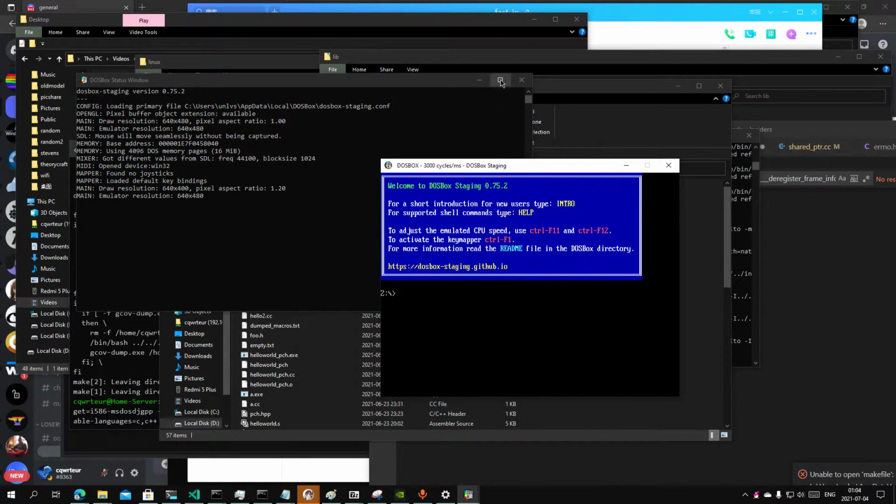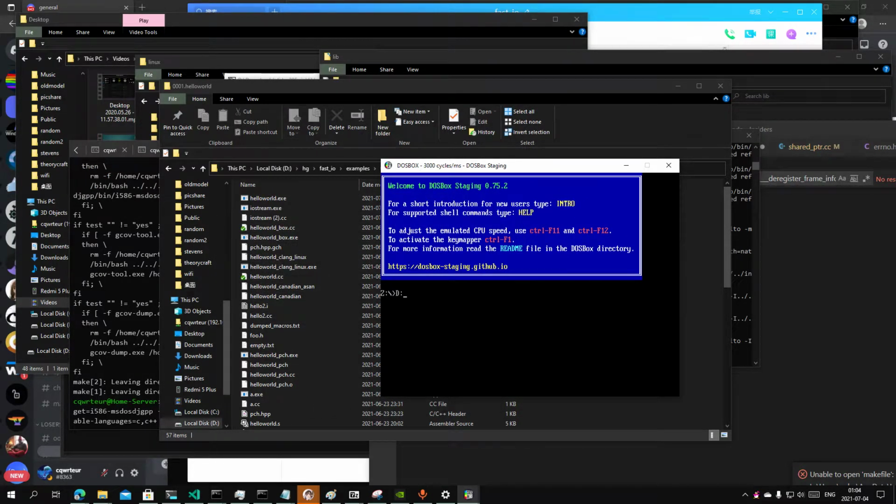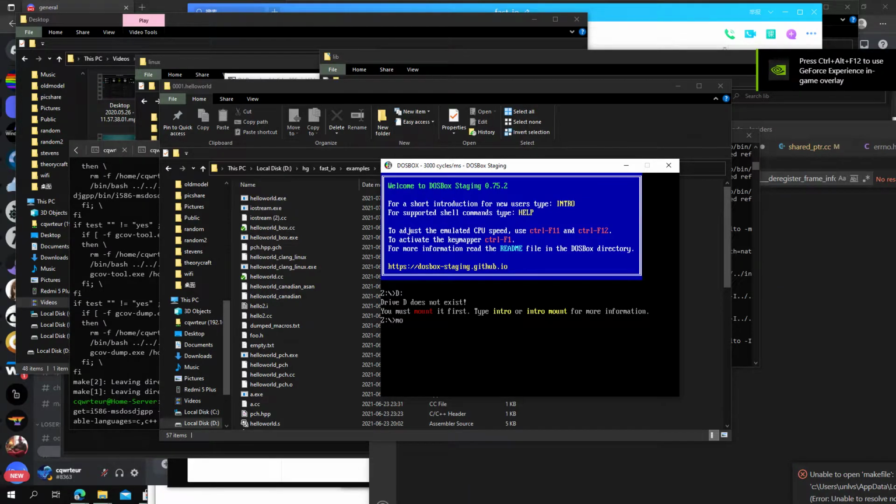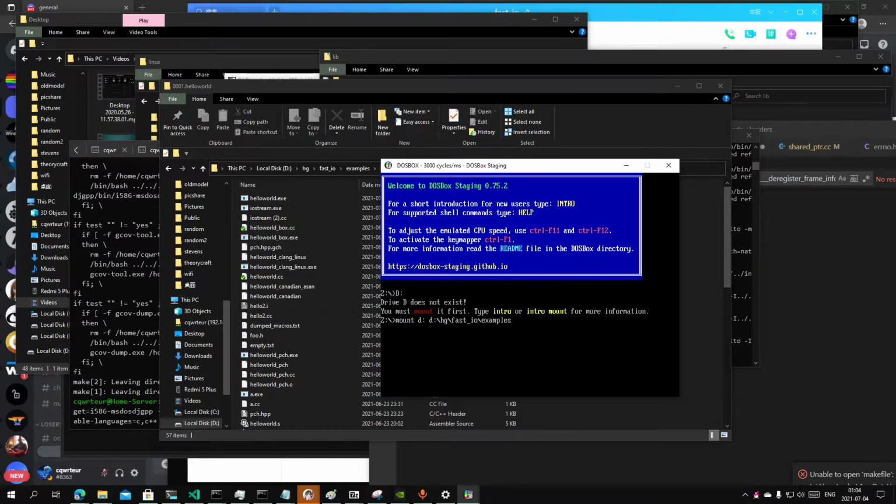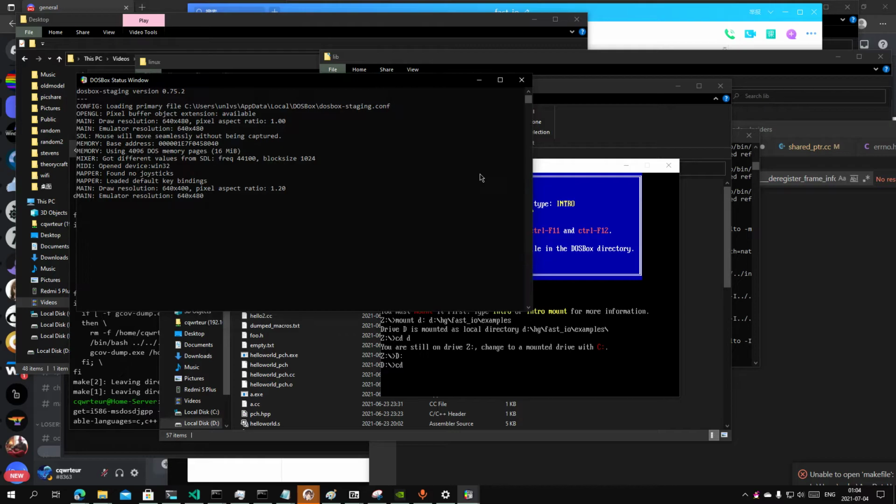So, how do we do this? We need to first set up the drive here. We need to mount the drive. We need to mount the D drive with d.hgfs executable. Yeah. Go to the D drive. We go to the D drive. Then we go